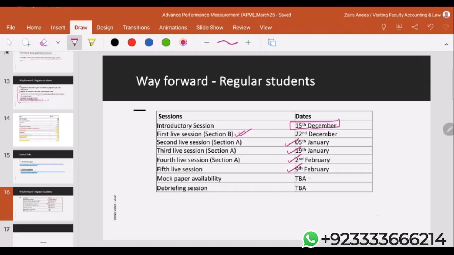And then there will be a mock paper and debriefing session. This is something which I will announce in future, right? So that's what I just wanted to discuss in the orientation session of the APM paper. If you want to take the admission, you can request the management, and they can definitely give you access to the paper, and they will discuss everything with you,